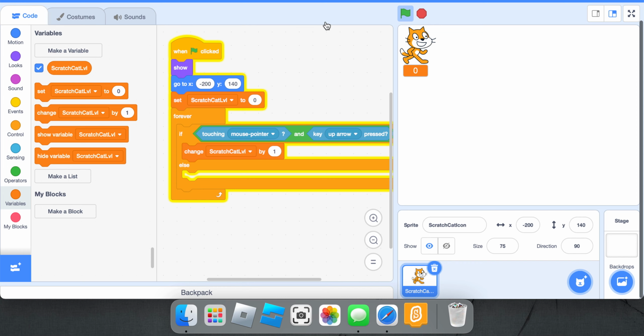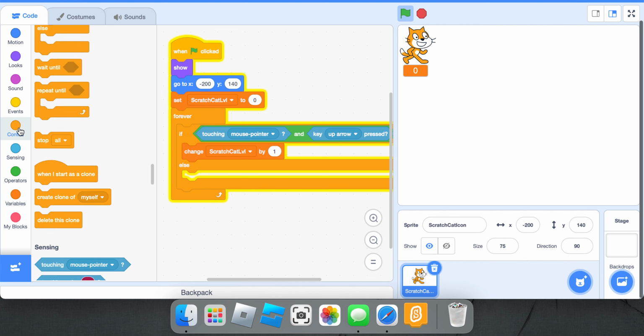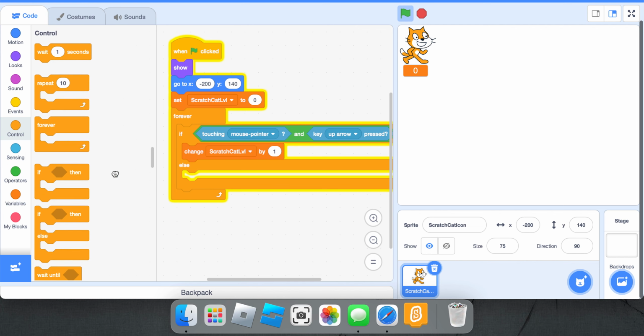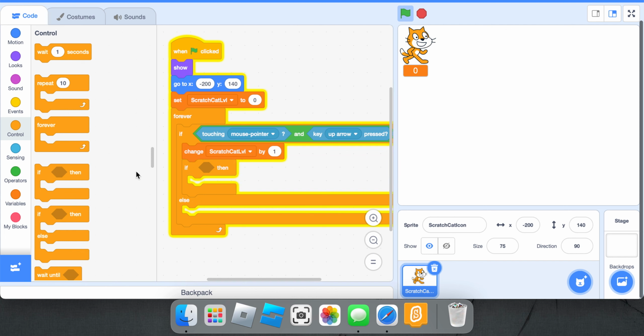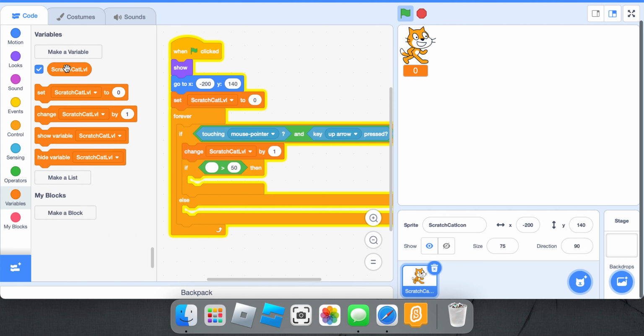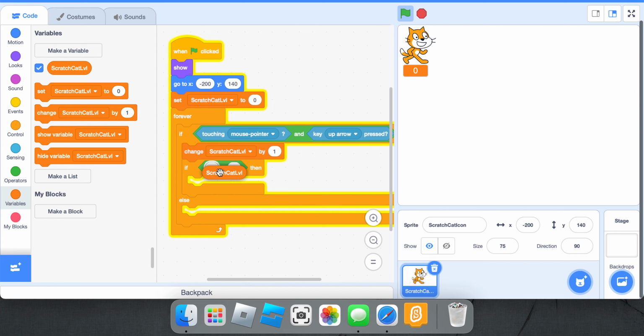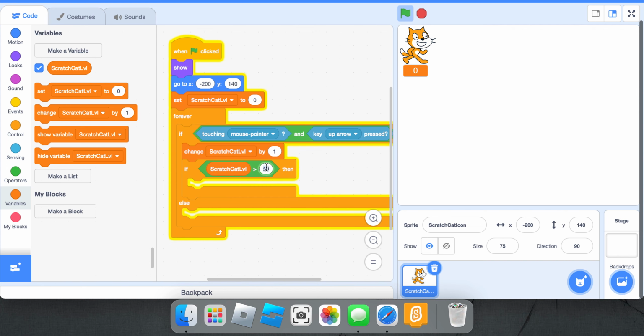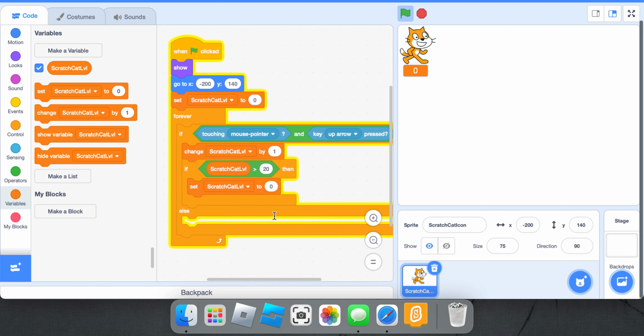But normally in Ultimate Custom Night it doesn't go above 20. So to make that issue corrected, we can go if Scratch Cat, or first get the greater than, and then variables, Scratch Cat level. So if Scratch Cat level is greater than 20, then we can set Scratch Cat level to 20 or 0, depending on if you want it to loop around or not. And then